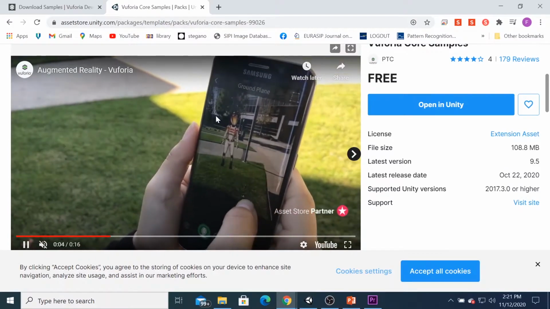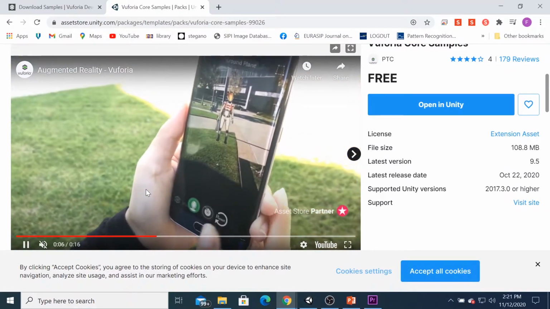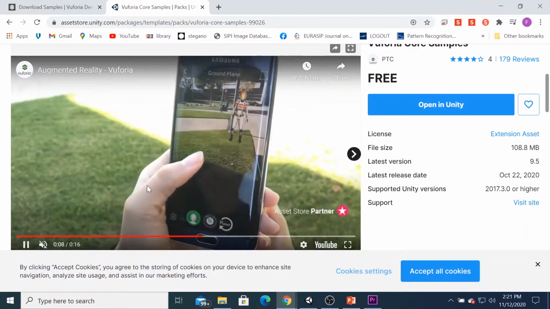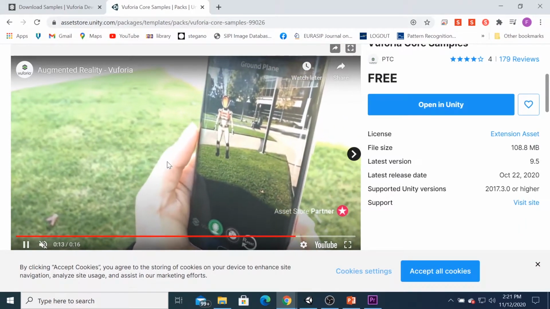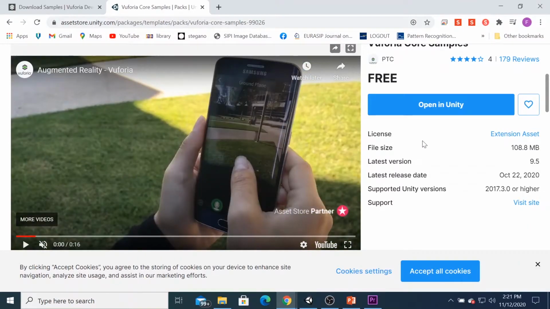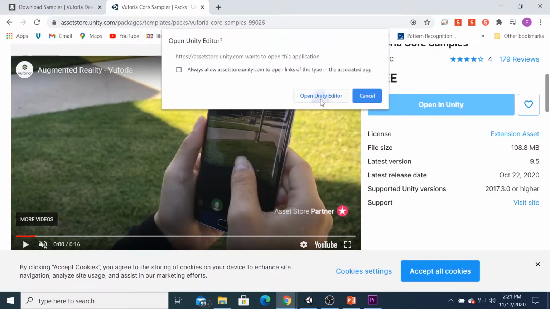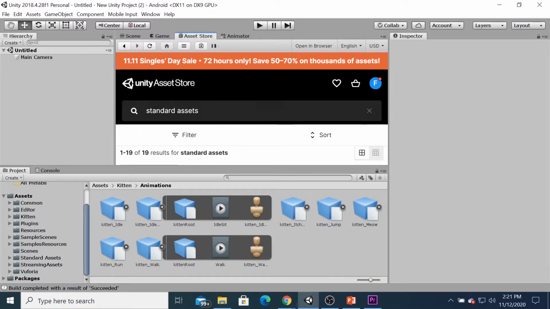If you look at the video here, you can display the augmented reality based on the user define. Then you can click Open in Unity.